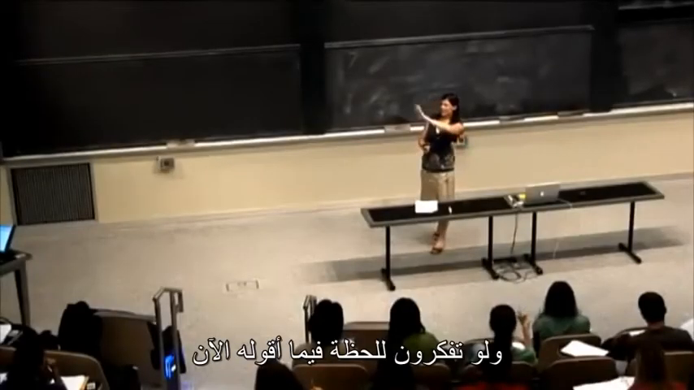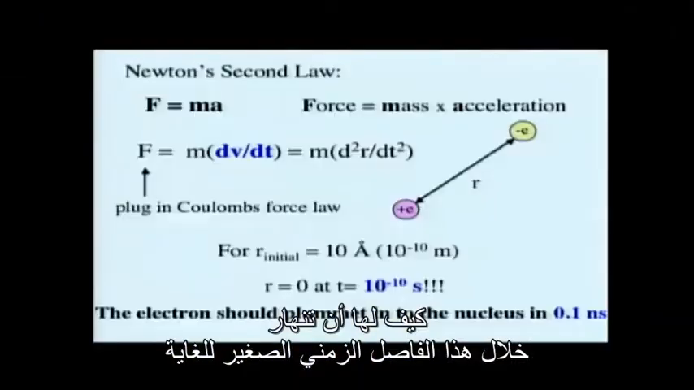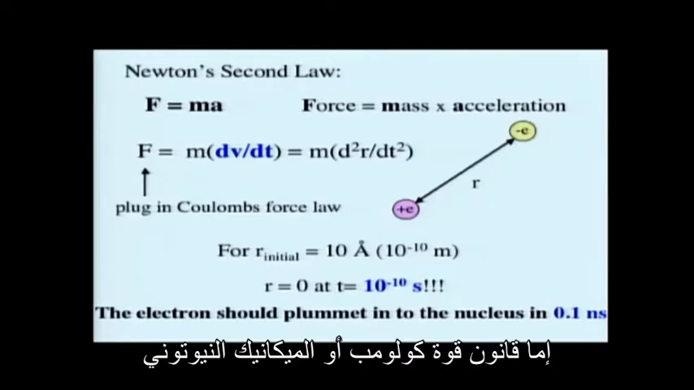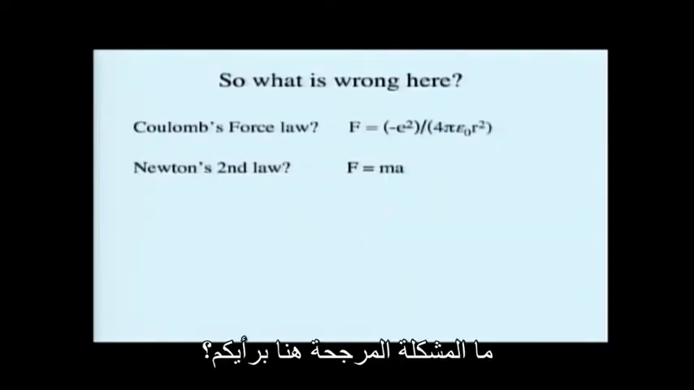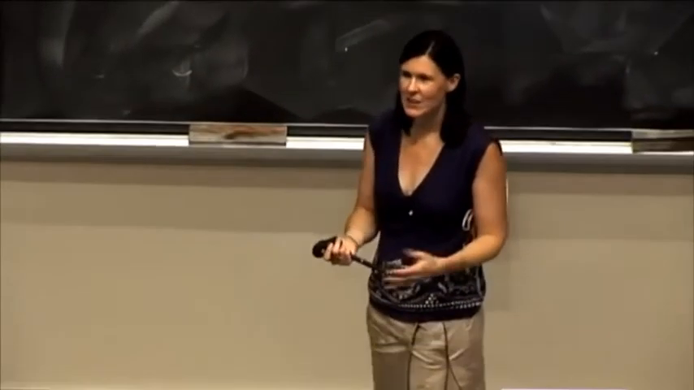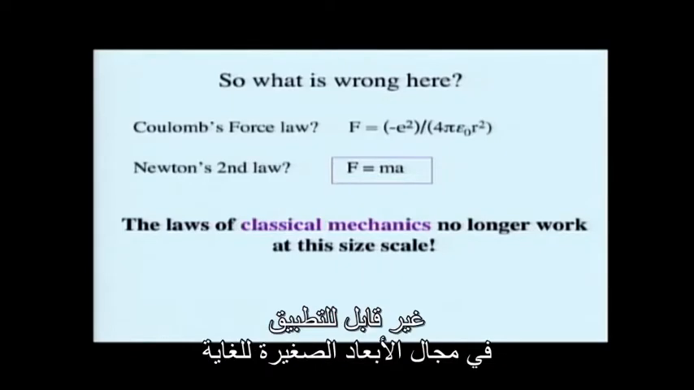So just if you can take what I'm saying for a moment right now, that in fact this should collapse in this very small time frame, we have to see that there's a problem with one of these two things, either the Coulomb force law or Newtonian mechanics. So what do you guys think is probably the issue here? So it's Newtonian mechanics. And the reason for this is because Newtonian mechanics does not work on this very, very